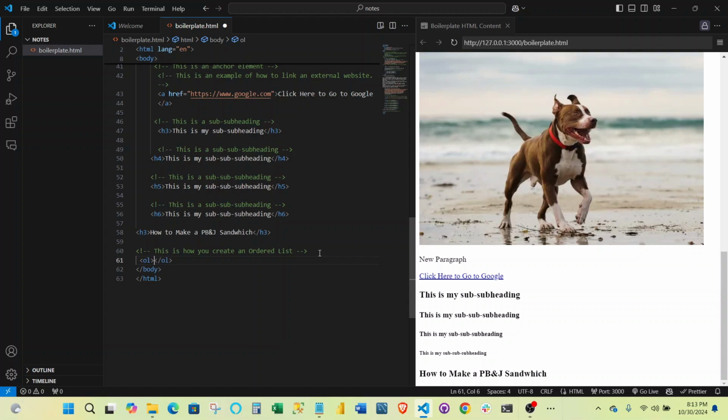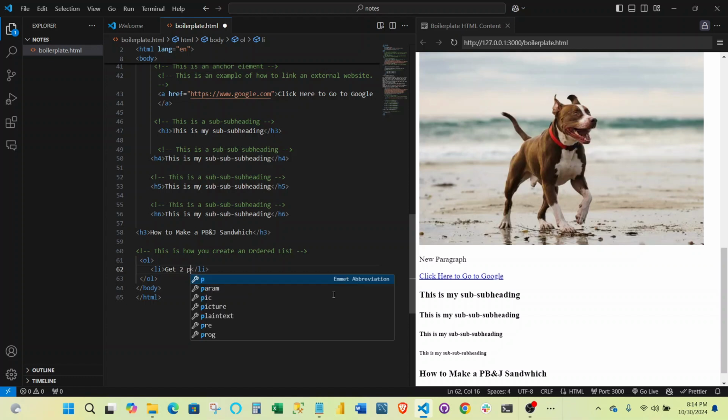All right, so A for anchor, P for paragraph, H for heading, OL for ordered list. Okay, now again, this is going to be for if you're creating a recipe or a set of instructions or something like that. Okay, so now we need to create a list item and we need to say